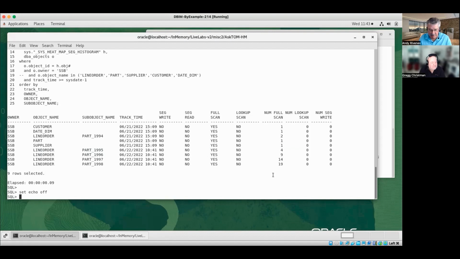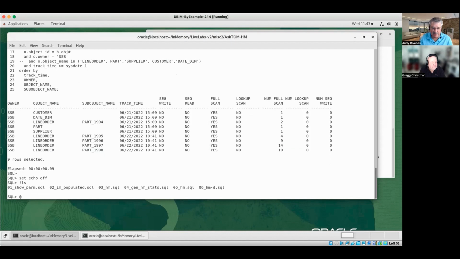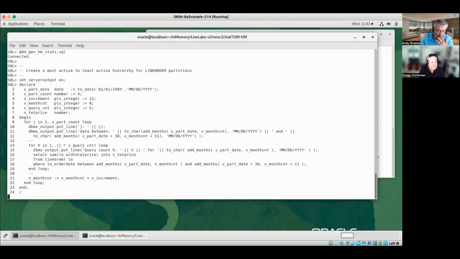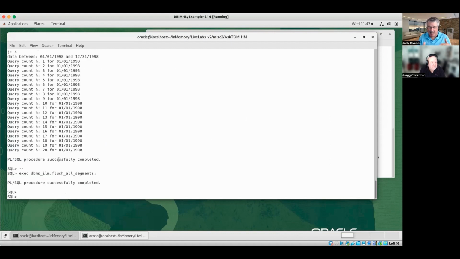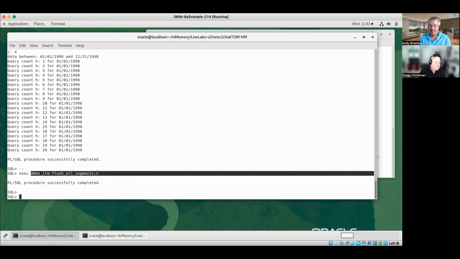And what I did is I kind of wanted to show this in action. So I wrote a PL/SQL procedure. And again, this is to generate information that is basically going to go access those objects. All it is is a full scan, selecting the total order price, summing it from line order based on dates. The idea was this is going to loop through and access each of the partitions based on date. And then notice at the end here, I just ran a flush all segments so we could see it, flush it out of memory. And then if I rerun